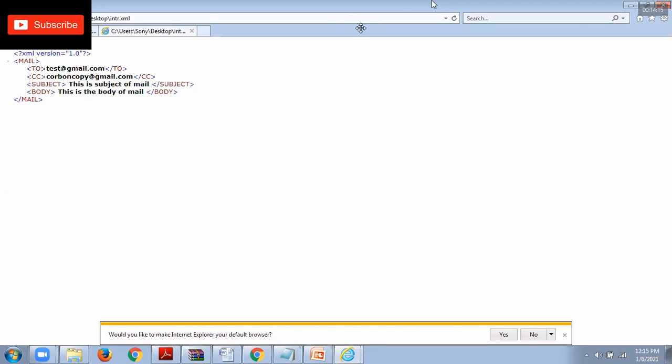Is it clear everyone? So like this you have to enter your code in any text editor and you have to save that as .xml. Is it clear? Clear now. So after entering data in your text editor, save it as .xml, then open from any browser, then whatever data you entered in your XML file is going to be shown. So this is your